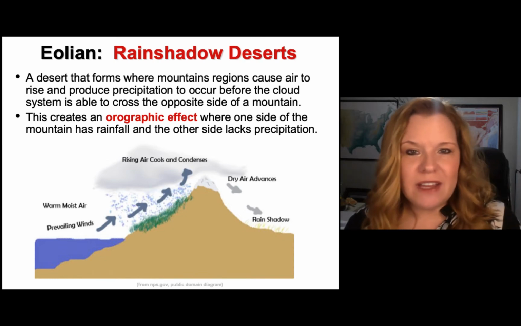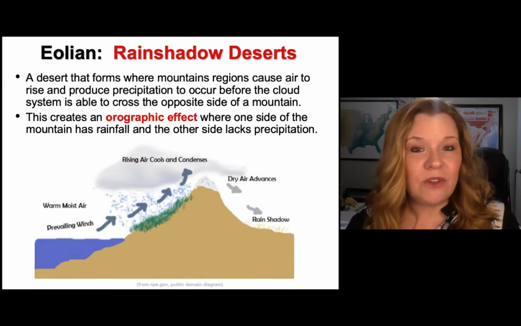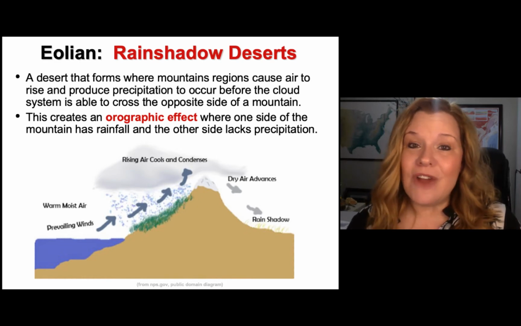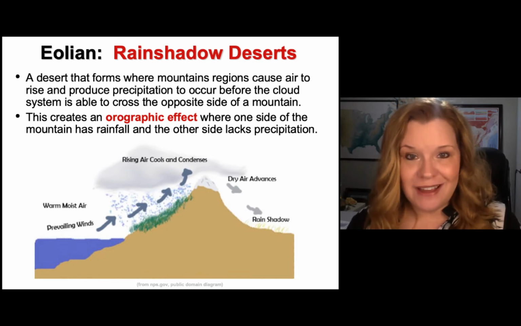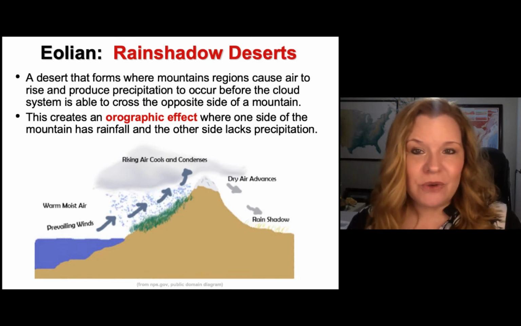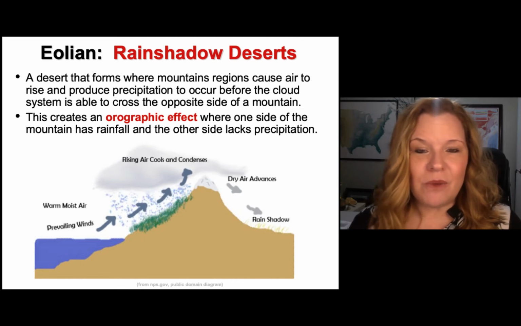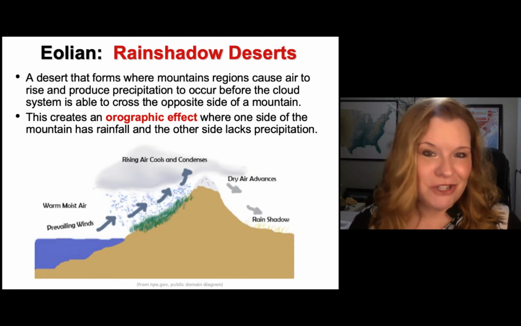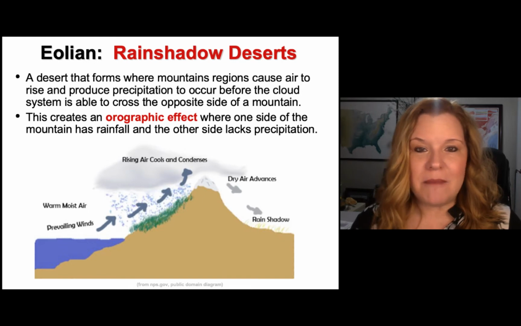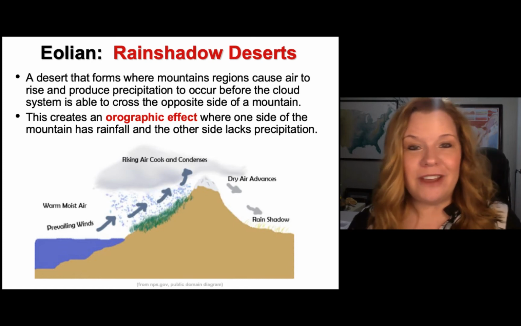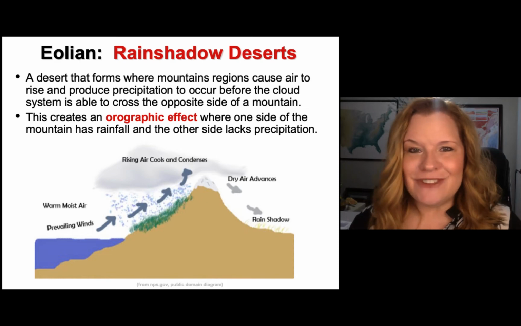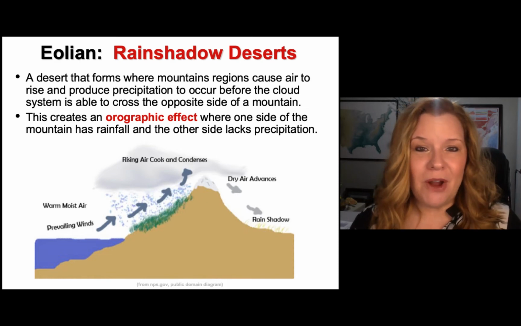Very rarely will these systems cross over the mountain, which means the air is much drier on the desert side. And that's what a rain shadow desert means. It means you get rain on one side and it doesn't make it to the other very often. So you get a mountain that literally has two personalities. One's very lush and wet, the other is arid or semi-arid. Certainly the case for Death Valley National Park.